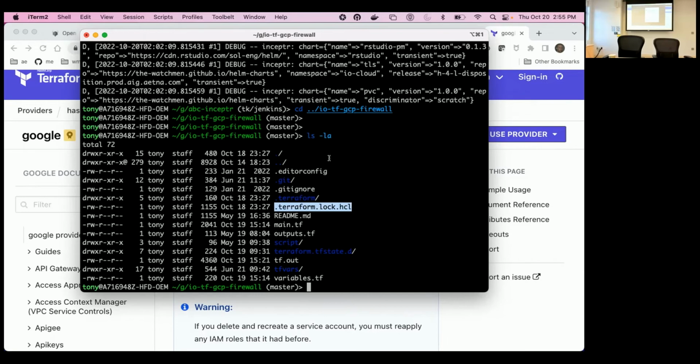For instance, you create a service account, and then you create a bucket and you say, this service account has access to this bucket. But it's possible to write that Terraform code in a way that Terraform doesn't know there's a dependency between those things. In which case you could get race conditions,